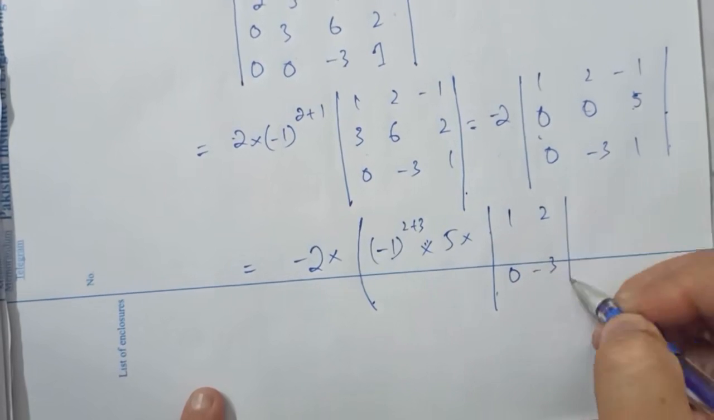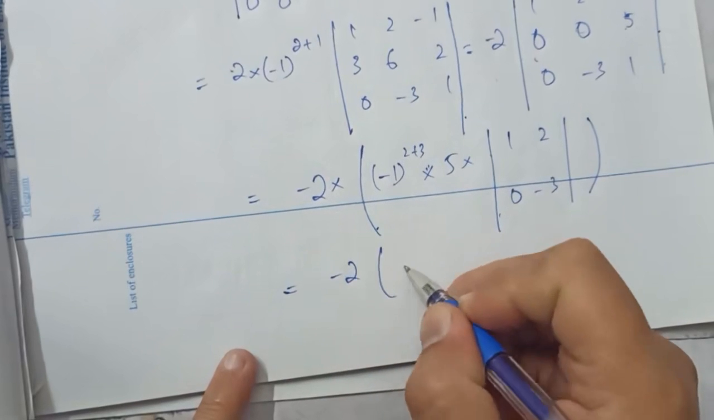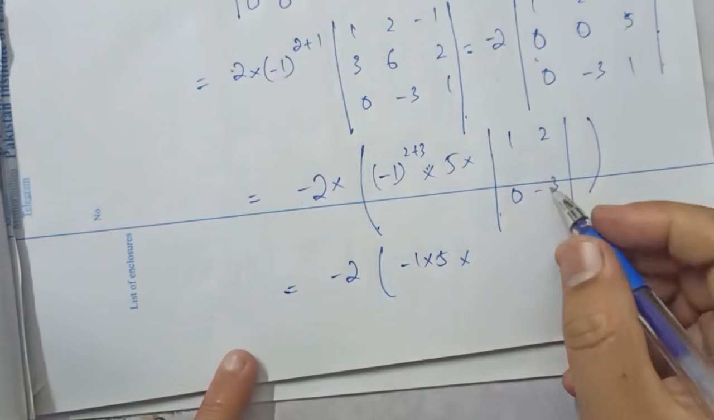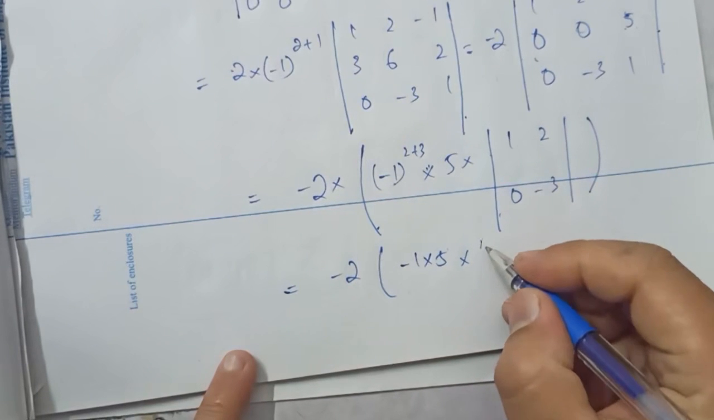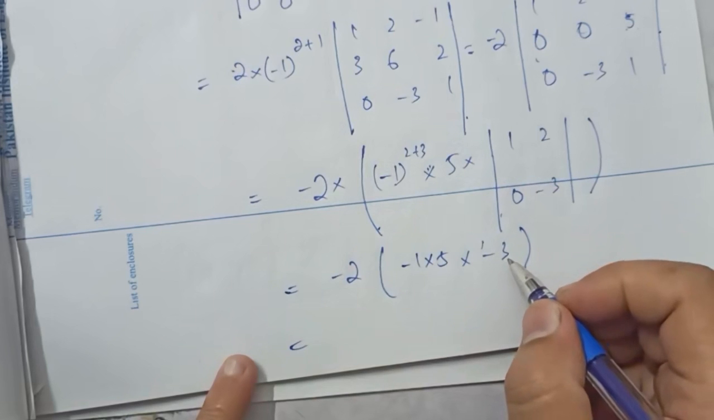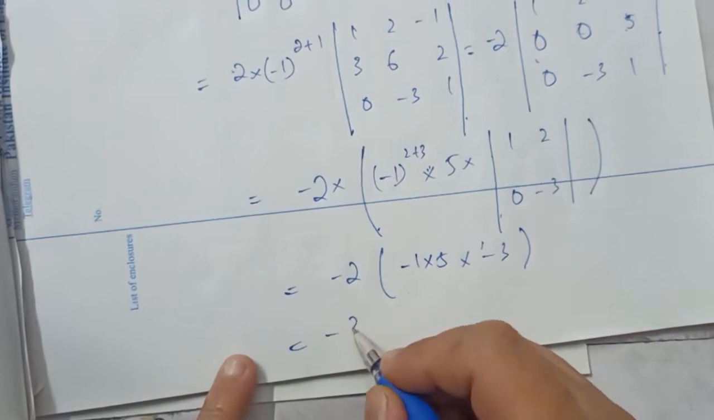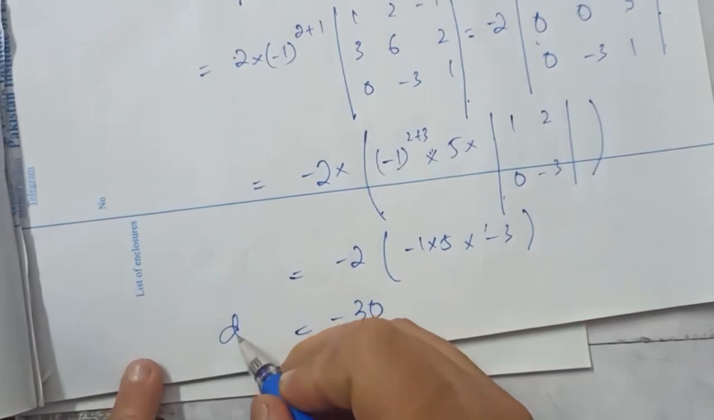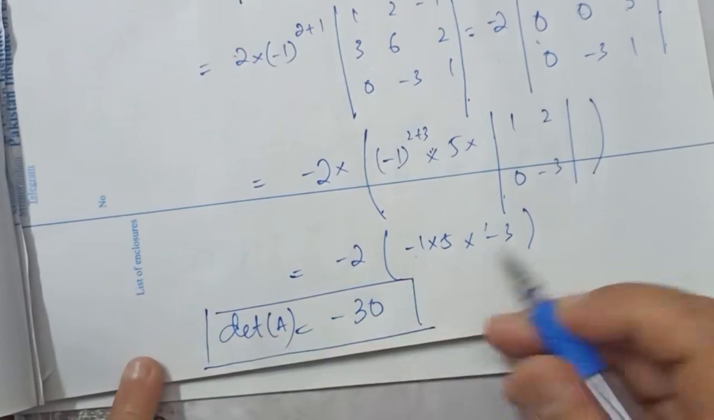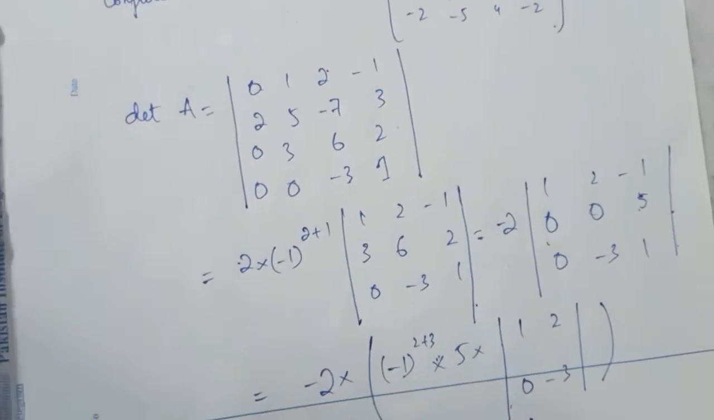and minus 3, right? So that leads me to minus 2 into minus 1 into 5 into minus 3, 0, it comes minus 3 into minus 3, that becomes minus 3 into 5 minus 15 plus 15, and then becomes minus 30. Right, so this example demonstrates that if you're dealing with bigger matrices,